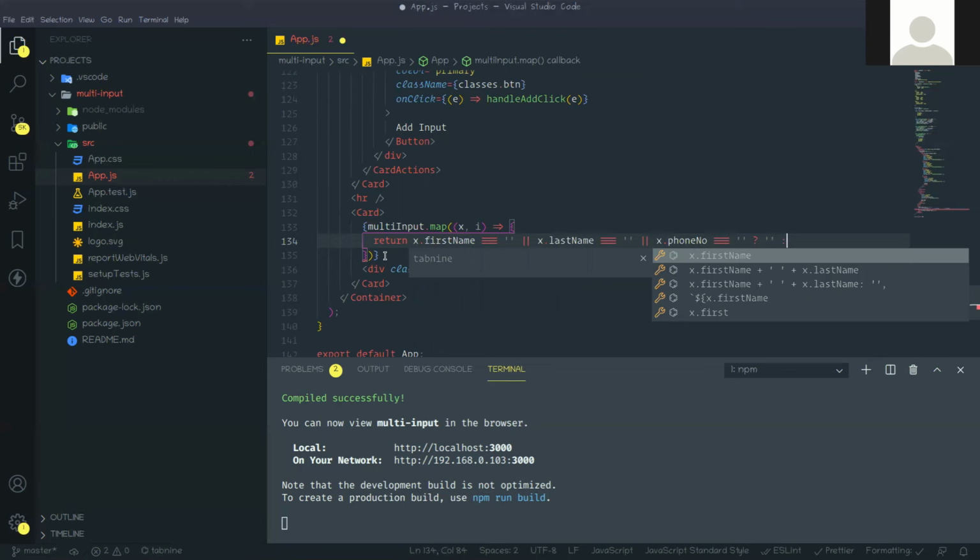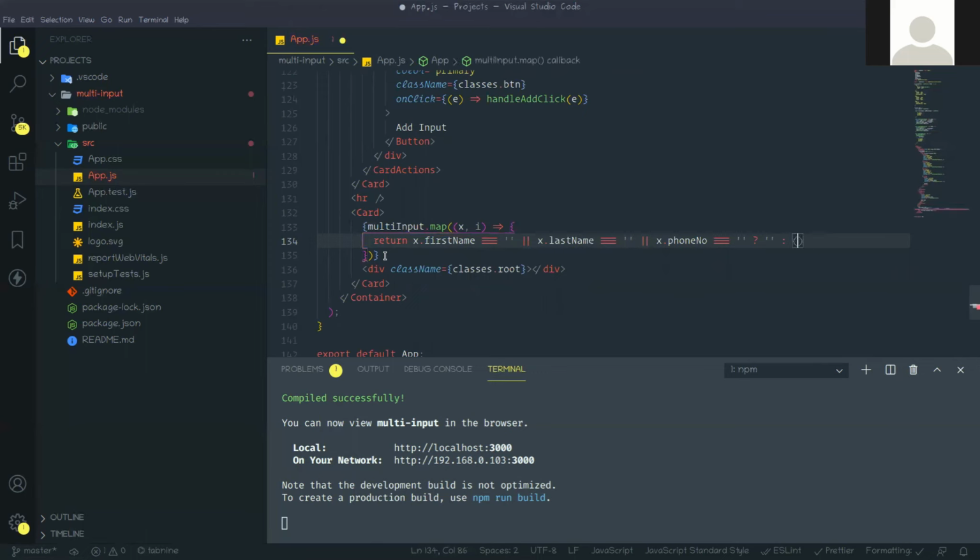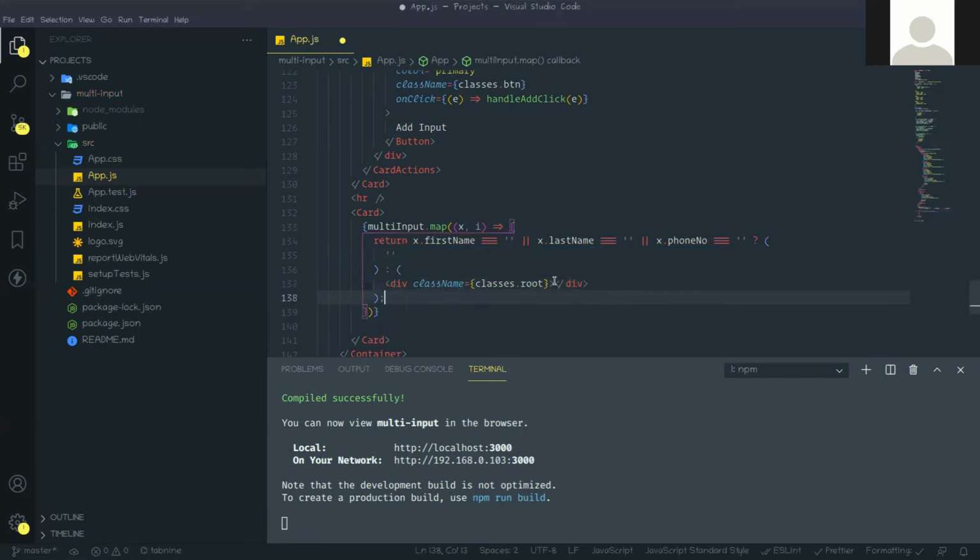So for that, in this first bracket, that div will go in this return. Here in this div, like b means bold.